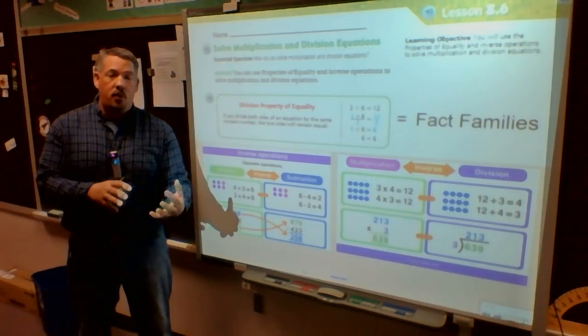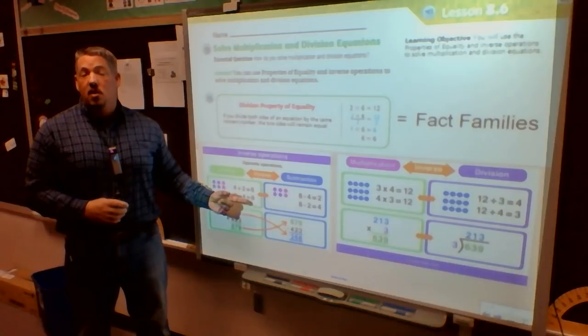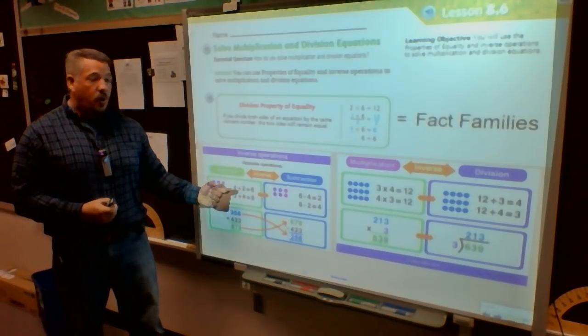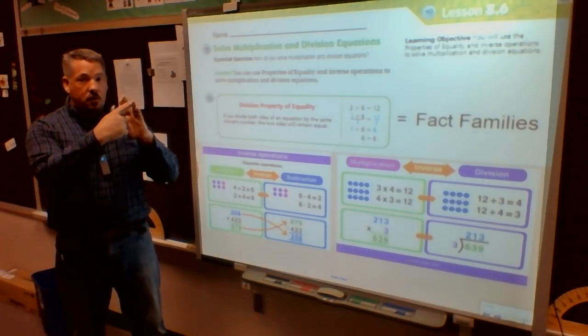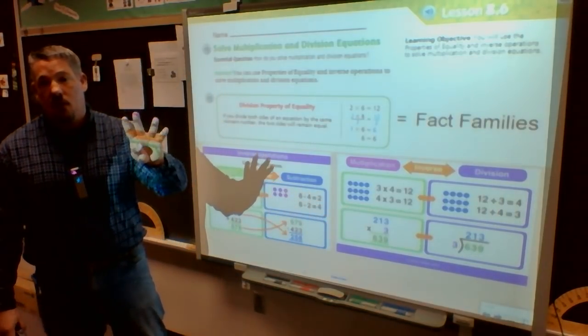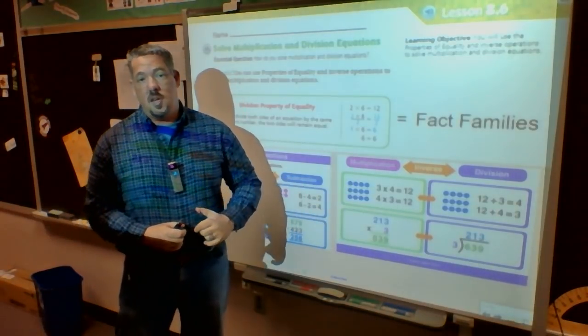And then you learned it in 4th grade. And then in 5th grade, they may have talked about it in a different way, but they still used it in the 5th grade math book. And since the first month of school in 6th grade, we've still talked about this. I have 4 that go together: 2 addition, 2 subtraction. When it's multiplication and division, I have 4 that go together: 2 multiplication, 2 division. It's always 3 sets of numbers.